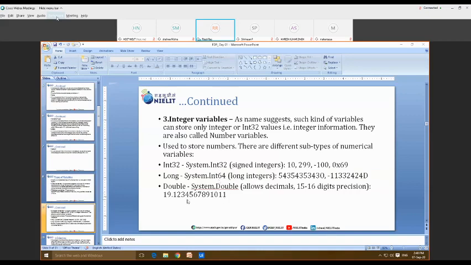Similarly, we can also select this system.double, and this is basically used for, this allows decimals of 15 to 16 digit precision. So suppose that if you're working on any decimal numbers that require basically 15 to 16 digit precision, then we have to select this system.double. But if you're working on any number variable that is very small in size, then int32 is good. But if you're working on the long type of variable,